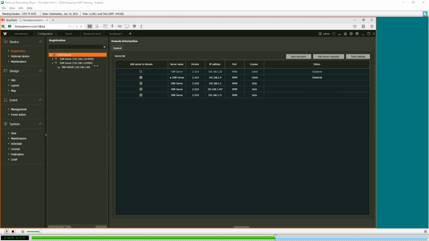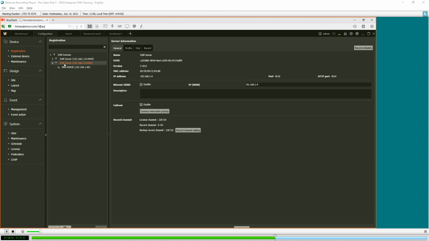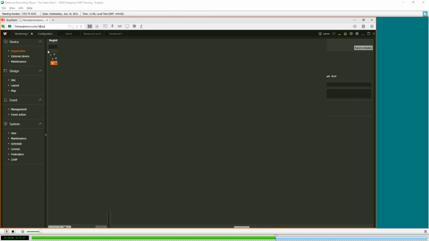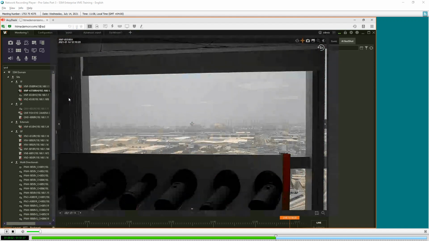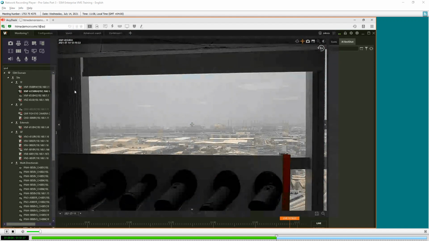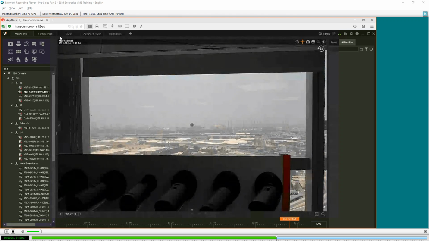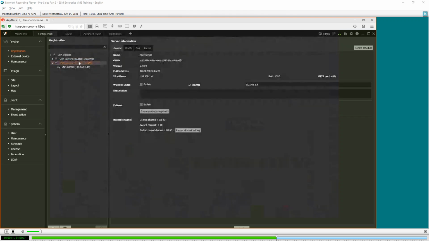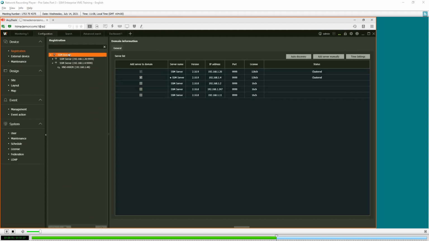If you connect to server 1, you should be able to see what's happening in server 2. If an alarm happens in server 1, you should link to server 2, or maybe you want to monitor some cameras from server 1. Some of the entrance cameras are in server 2 and some critical entrance cameras in server 1. If you see them together, basically you should be able to access both servers as if it's one project. So that is a domain.